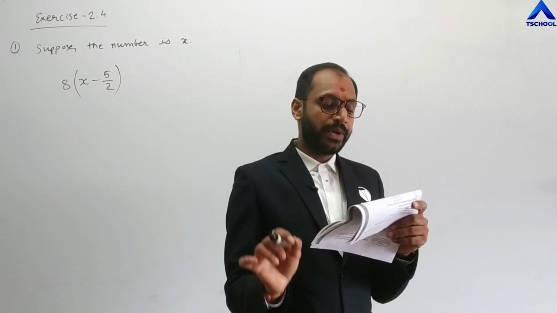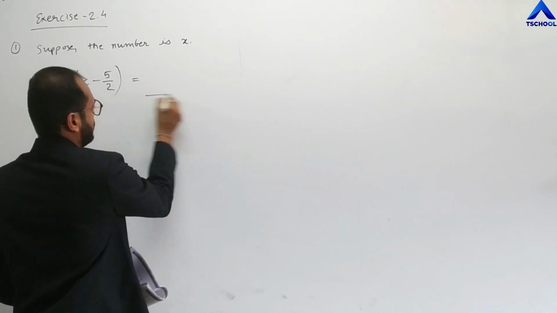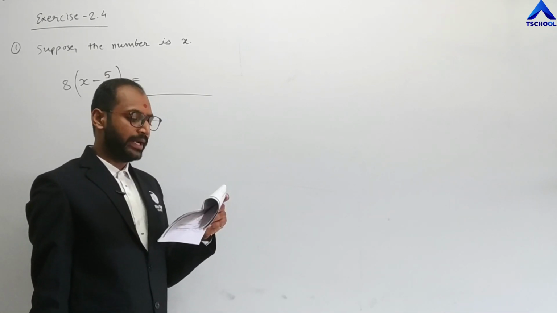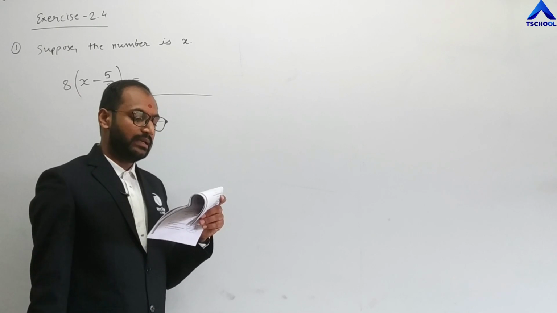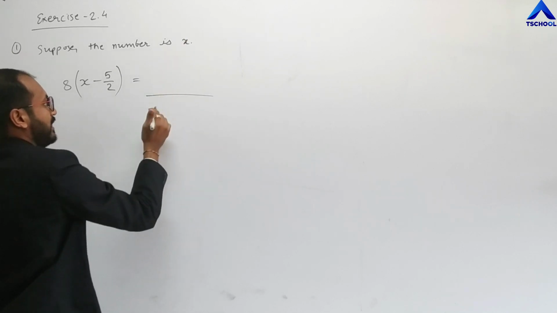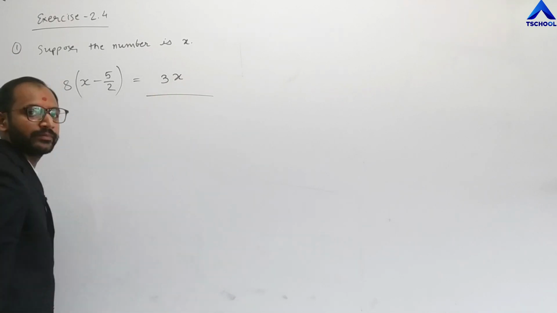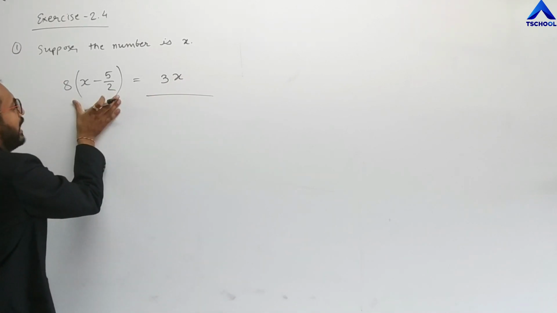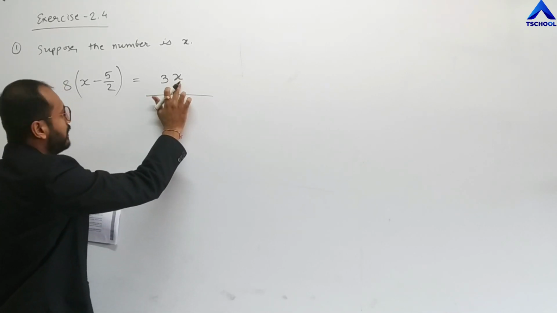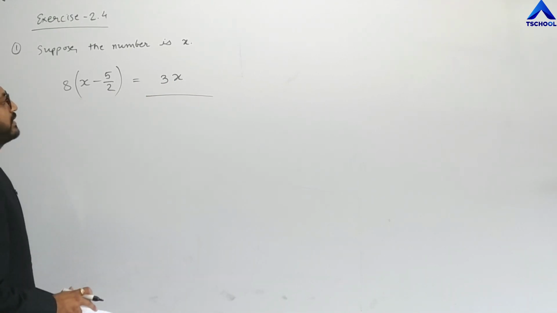The result we obtain now is some value by solving this. The result now obtained is 3 times the same number she thought of. That means the same number, the number is x. So she gets the number 3x, 3 times the same number. When we solve this, she gets 3 times the original number. Clear? So we get another equation. What is the number? That means by solving this, we get the number.